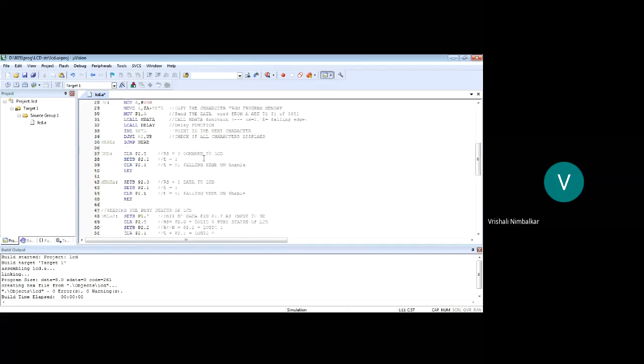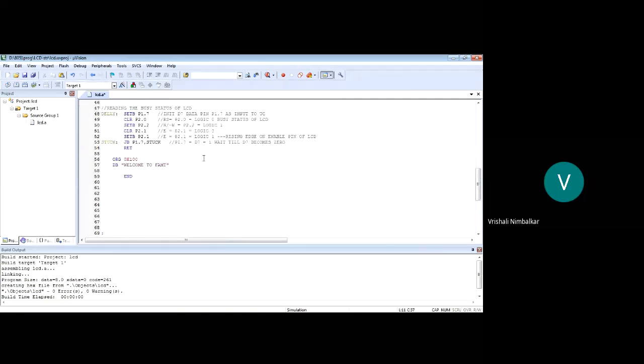But then how do I understand the size of the message that we are going to display? If I write "welcome to FAMT", how many characters is it? It is 15 characters. Where are we storing this message? At 100 hex location. The ASCII code of W will be stored at 100, at 101 the next character will be stored, and so on.